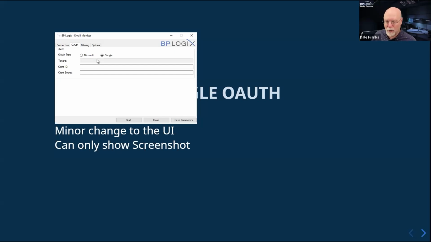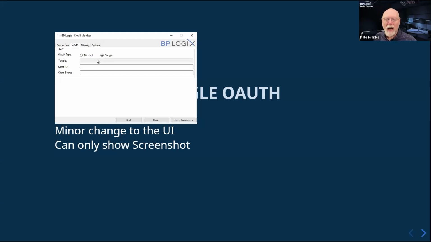Indeed it's disabled, so you can't fill it out even if you wanted to, but the client ID and client secret are still there because those are the two common OAuth fields that both Microsoft and Google share. So you'll have to supply your Google client ID and the client secret from Google, just as you did with Microsoft supplying it from Azure. Both of these values should be available in your Google Developers Console so that you can grab them, copy them, and paste them in here.